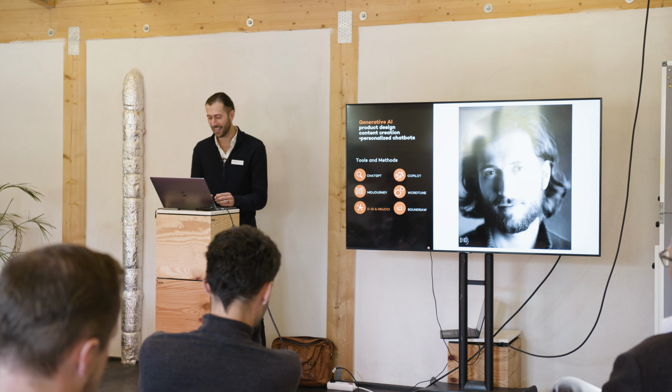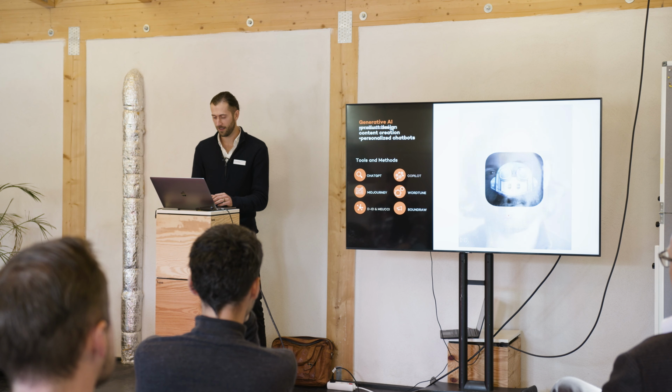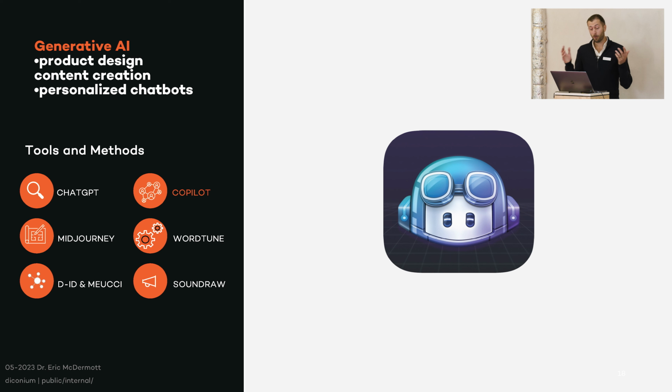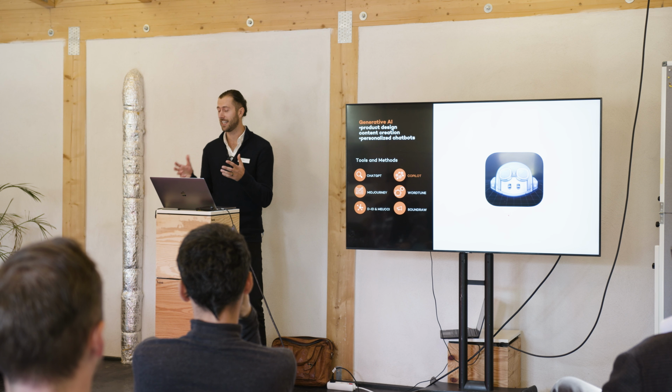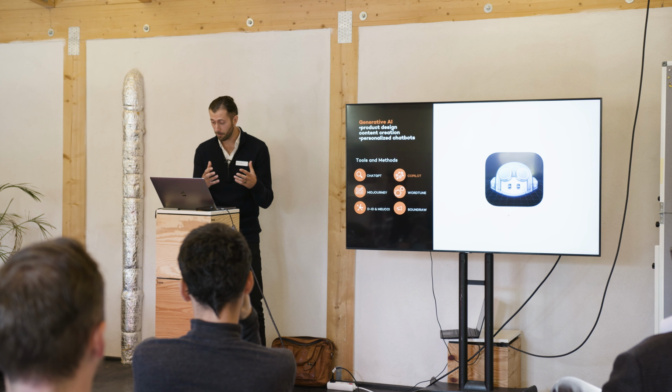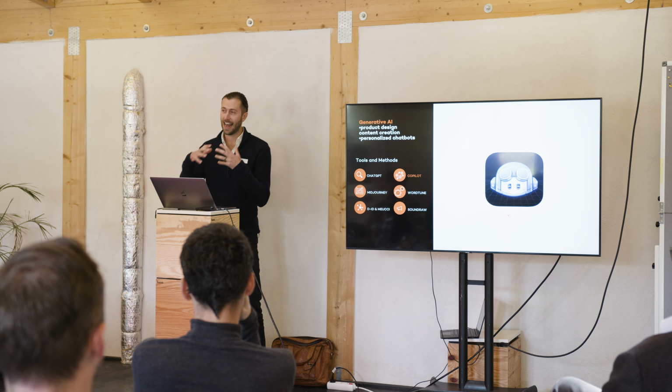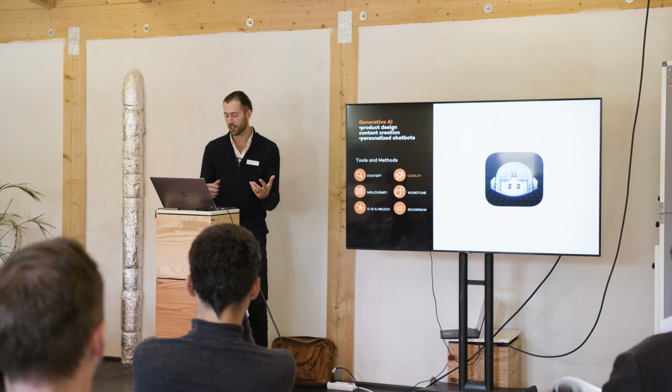Now, one more thing in generative AI. It's about programming. And Copilot is one of the most powerful things you can find for programming right now. You could also ask ChatGPT, but let's say you're already a bit experienced in programming, then Copilot is going to help you fly. It's trained on billions and billions of lines of code from GitHub. And it basically can turn natural language into coding suggestions.